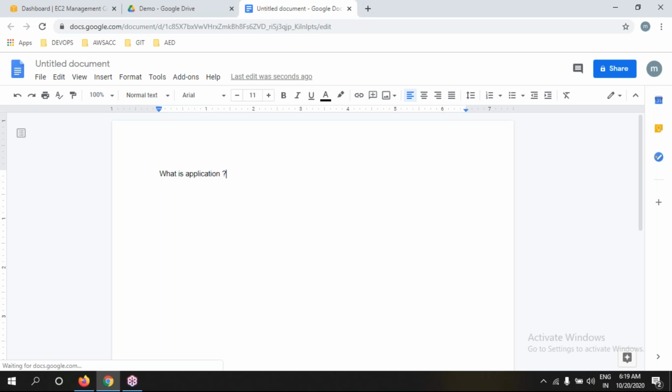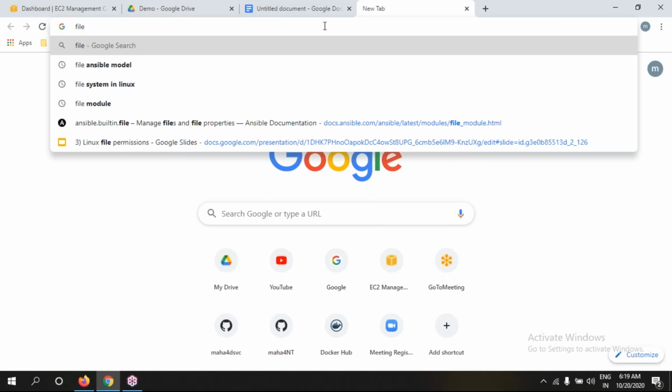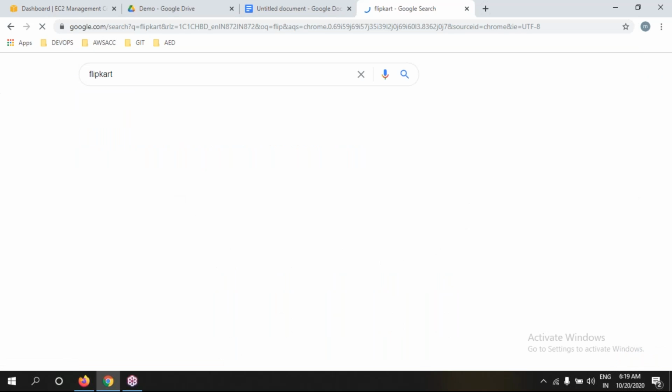The working software, which is written in any programming language, we call an application. That application we deploy on servers. After deploying on servers, we can access it over the internet as a website, like Flipkart, Facebook, Book My Show, IRCTC.